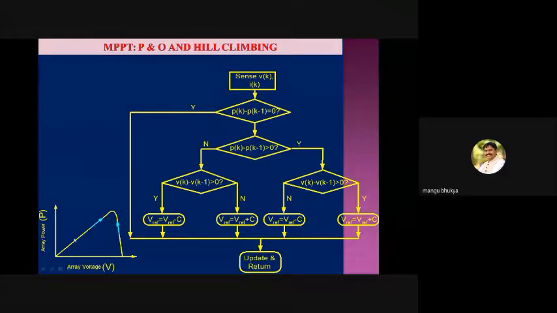For convergence, to reach the peak point, it depends on how much the increment in voltage is, and that plays an important role. Suppose you have chosen the increment in the voltage to be small, then accuracy is more, but on the other side it will take more time to converge. So you have to decide everything. There are no straightforward answers, so based on your requirement you have to devise the control strategy.